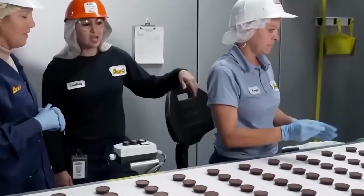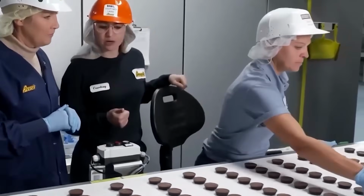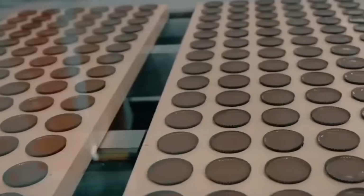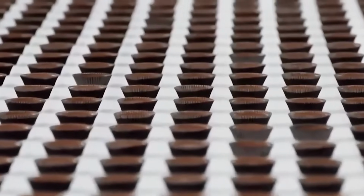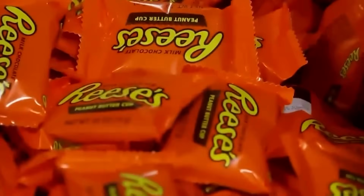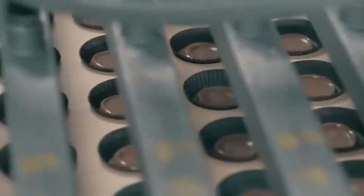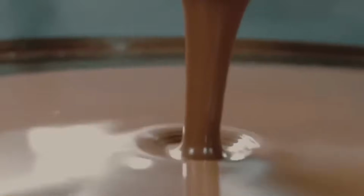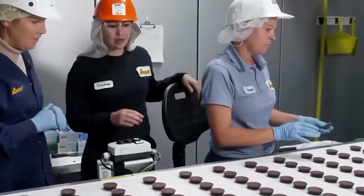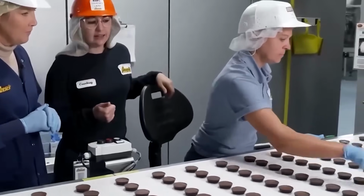Reese's peanut butter cups may seem like a simple treat, but their production involves a complex interplay of food science, automation, engineering, and quality control. Each cup reflects countless micro-adjustments made by operators, engineers, and sensors throughout the line to maintain consistency in taste, texture, and visual appeal. Whether you're biting into a miniature, a king size, or a seasonal shape, the same rigorous standards